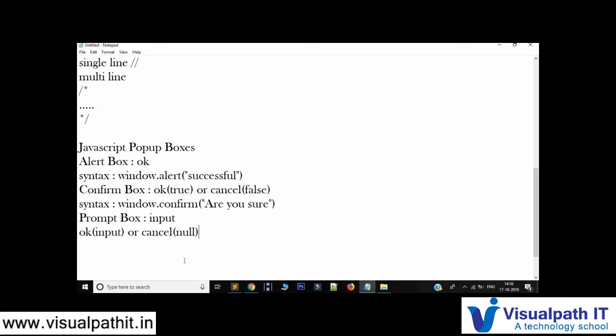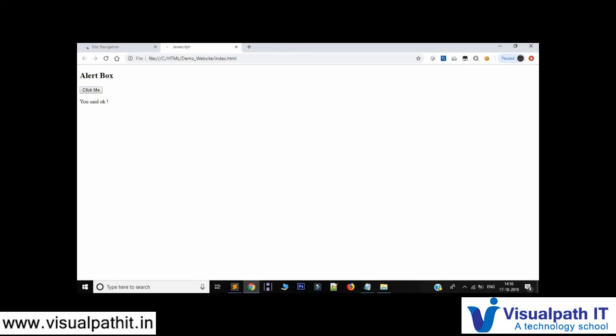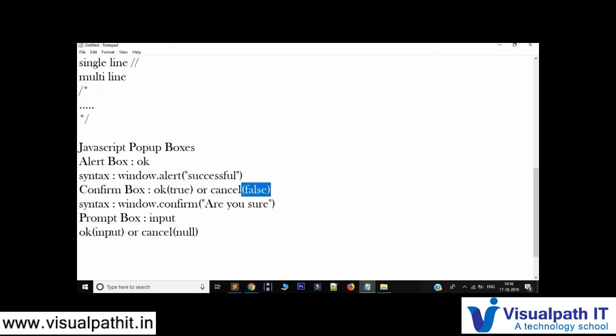Okay, so what happened here, we got a value true or false. With that we just displayed a user friendly message. Always remember, I myself am giving something like this as a user friendly message. But when it comes to getting the value directly from the prompt box, this is input messages, or the one which you gave as the input will be returned to you. If you gave a null, then null. If you gave some input and clicked on OK, then OK.